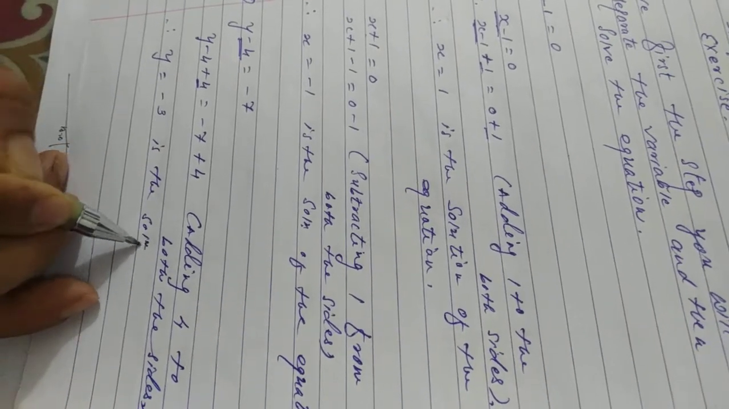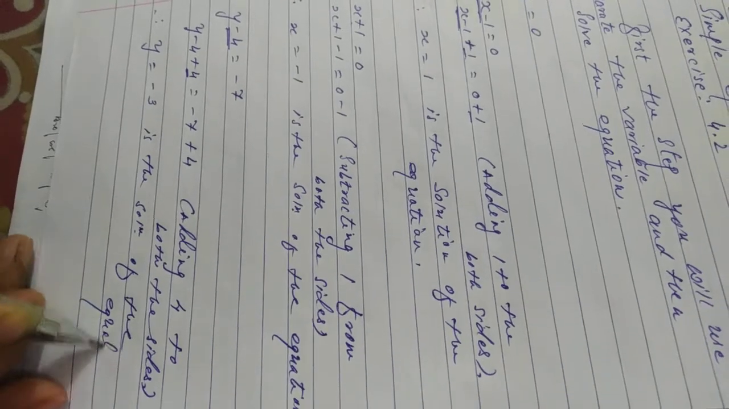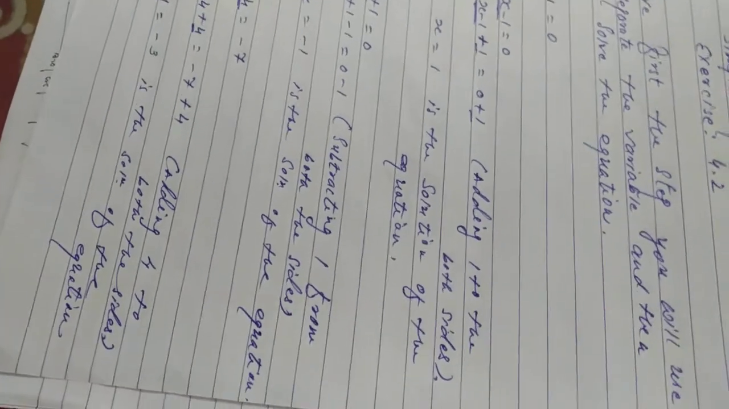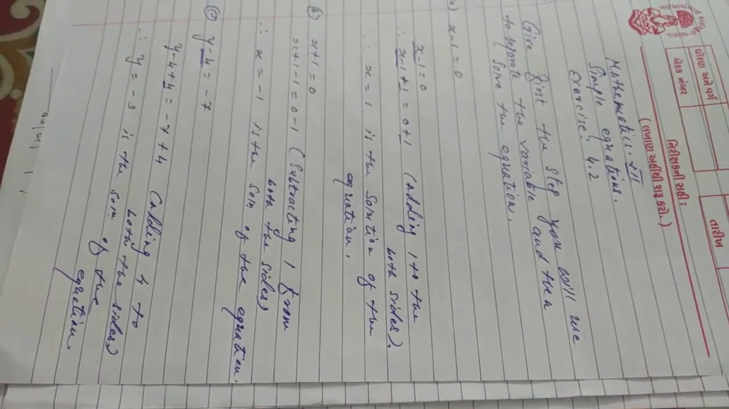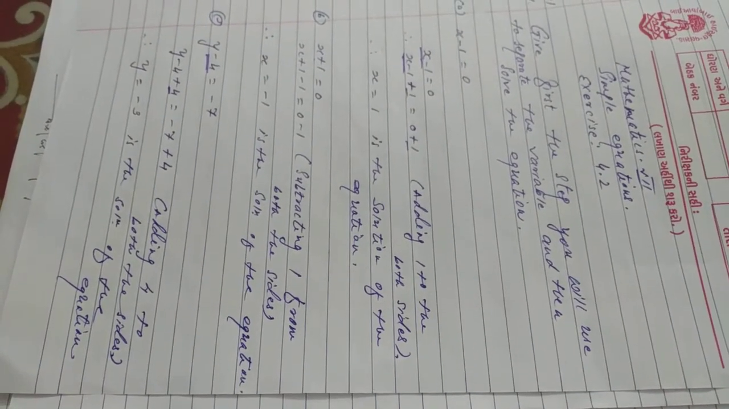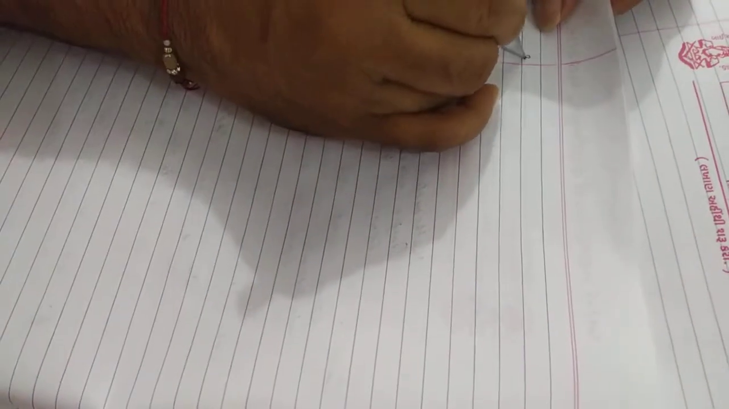So y is equal to minus 3 is the solution of the equation, right? So all of you understood how we have to use the first step to separate the variable and then solve the equation? Sure? Good. Now go with the second example. Similar instruction,